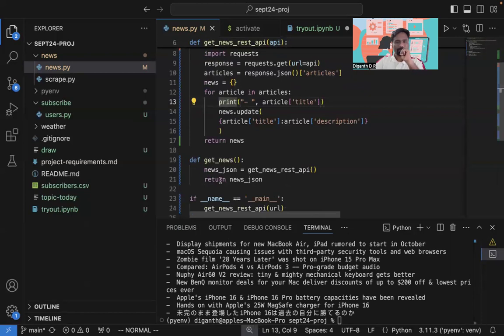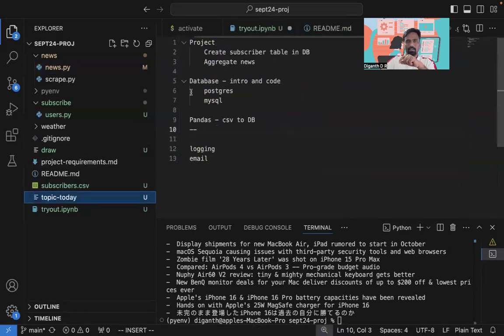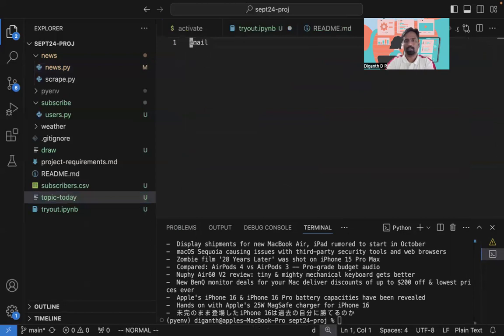Okay, so now coming to one of the important concepts, it's called logging, and why we shouldn't write print statements. What are the limitations? When we use print, basically print is a function which prints on the monitor. Okay, so all these prints that we have got are just on the monitor. So if this code ever goes to production and these prints are not captured, so how do you